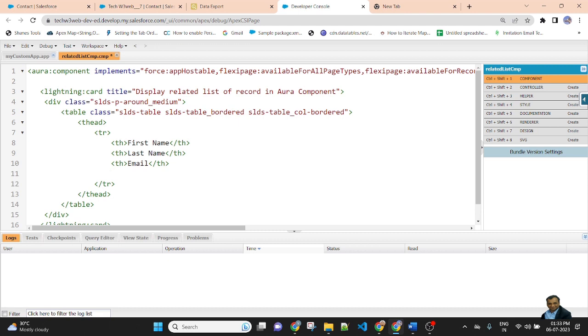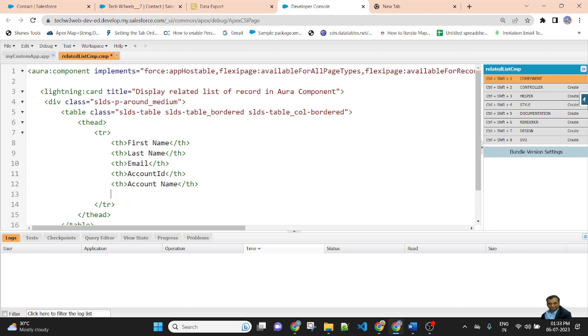Here in parentheses is account, so I display the account ID, the account name, and the account phone. So the first three columns will display the contact and the last three columns will display the account.